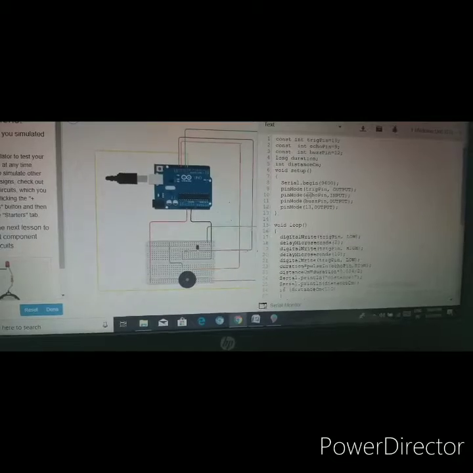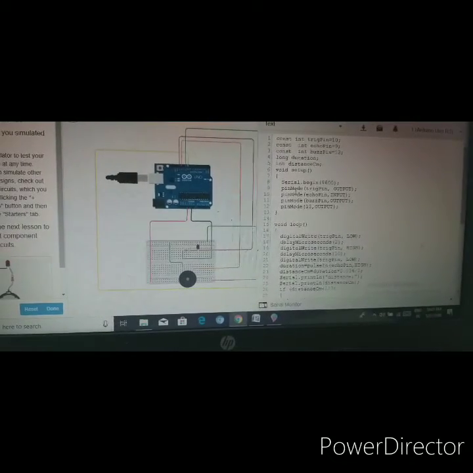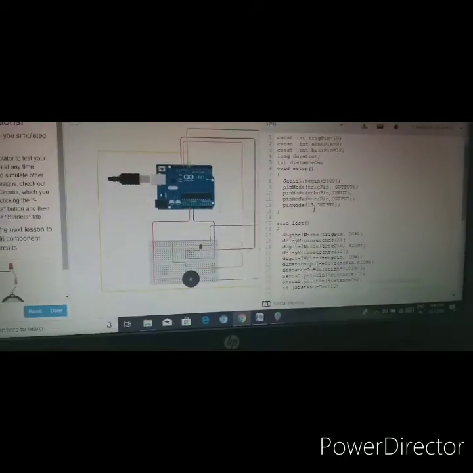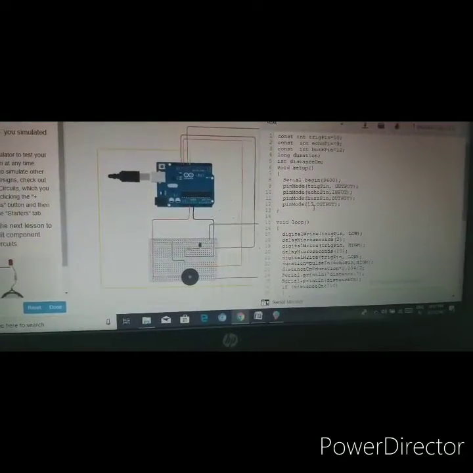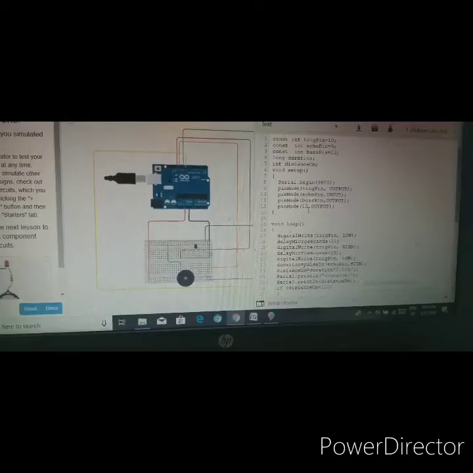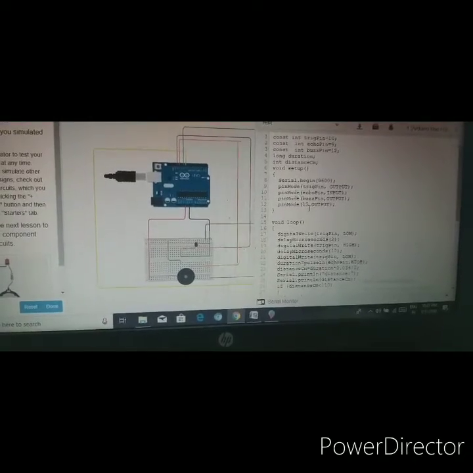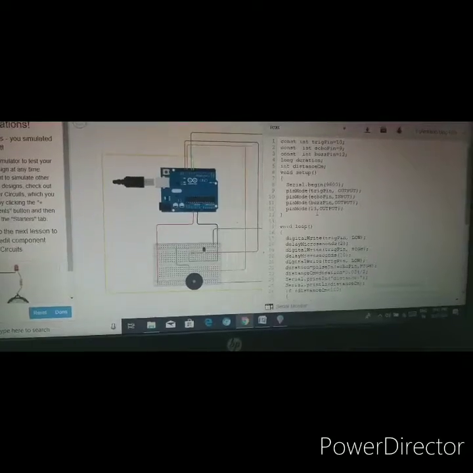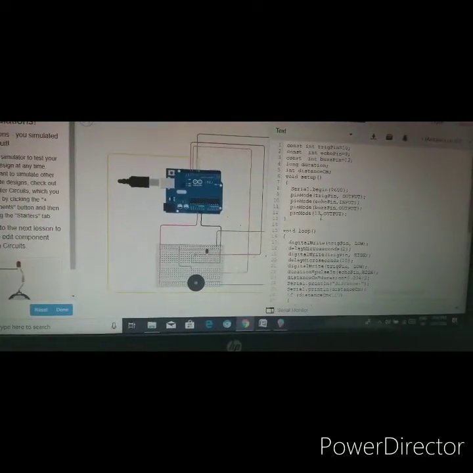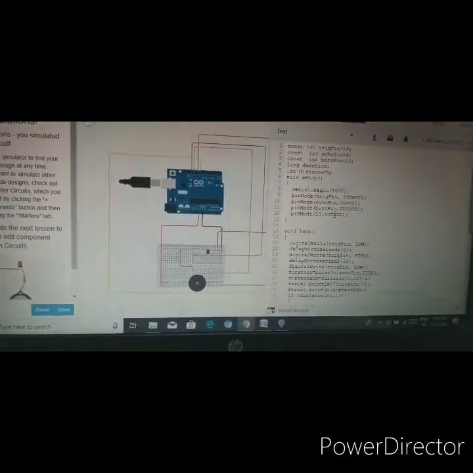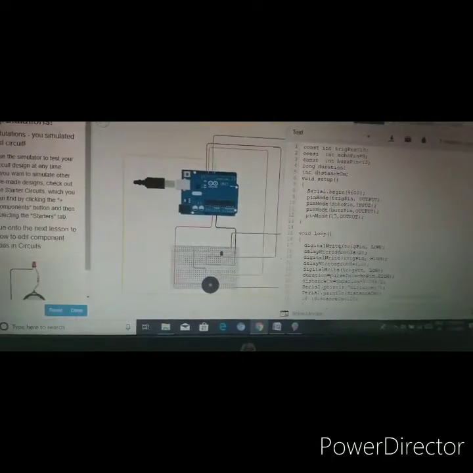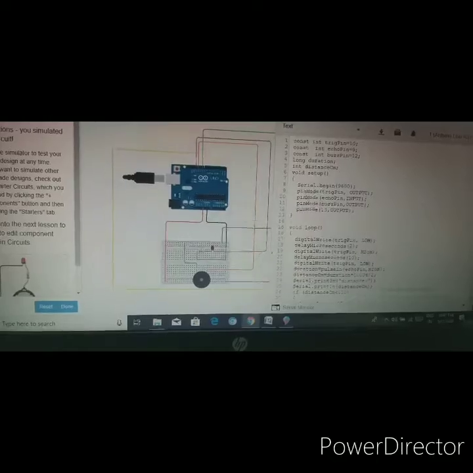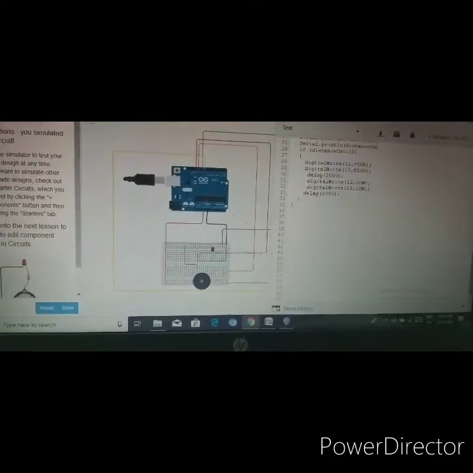So this is the setup. Here pin mode is defined for trigger pin, echo pin, buzzer pin, and for LED. At echo pin we give input, and trigger pin, buzzer pin, and the LED, which is at 13th pin of an Arduino, will give us an output. Then moving to the void loop.